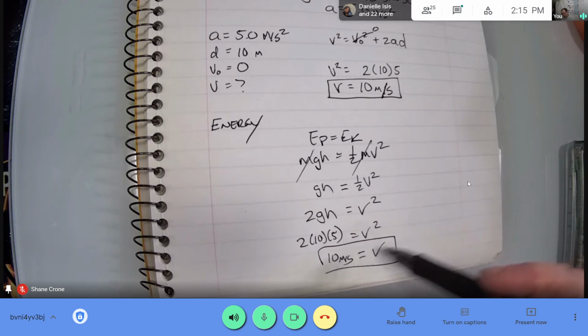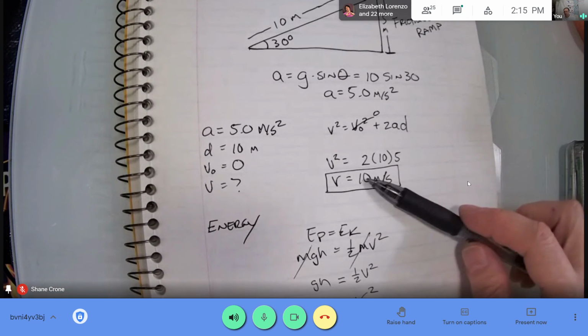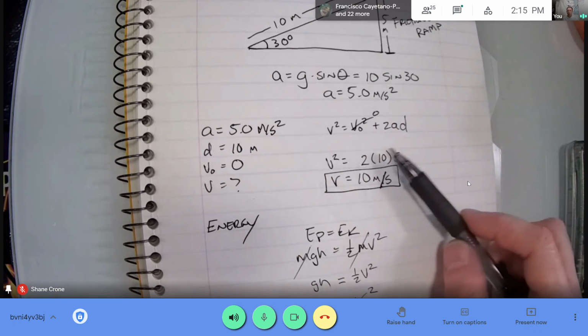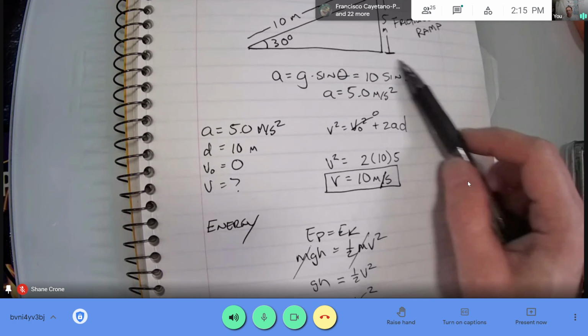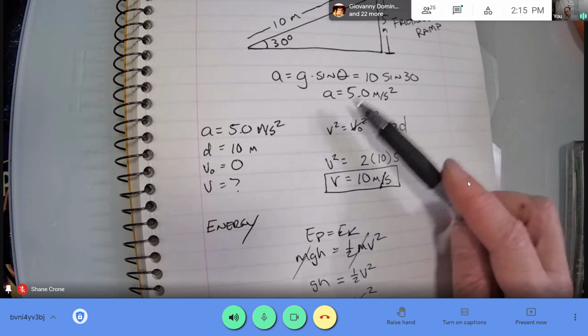However, I solved the entire problem by showing you literally every conceivable step that I could show you. I literally showed every single step, and it still did not take as long as the force approach, because remember, this is only the second half of the problem. You won't even get to this part of the problem unless you can set up that equation. You could get partial credit by starting at this point, but